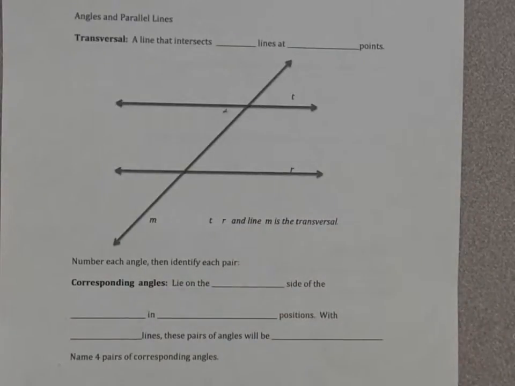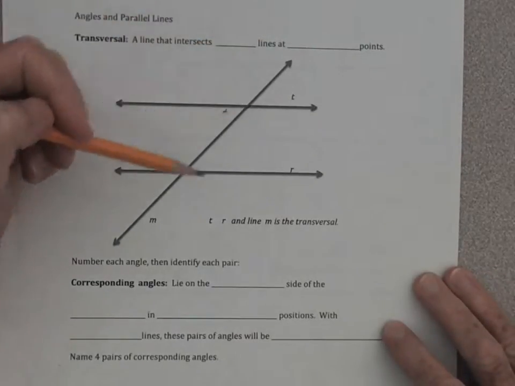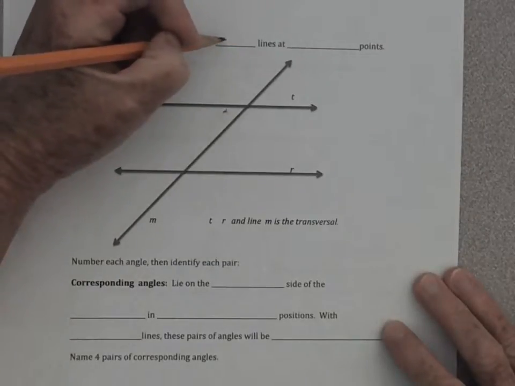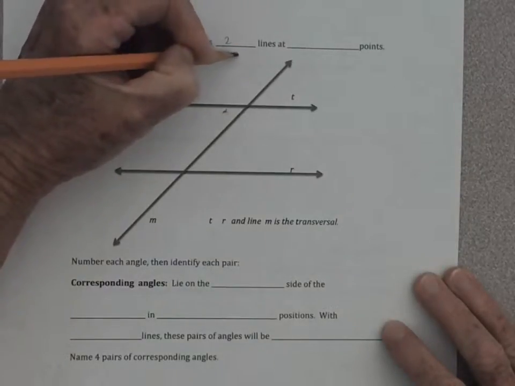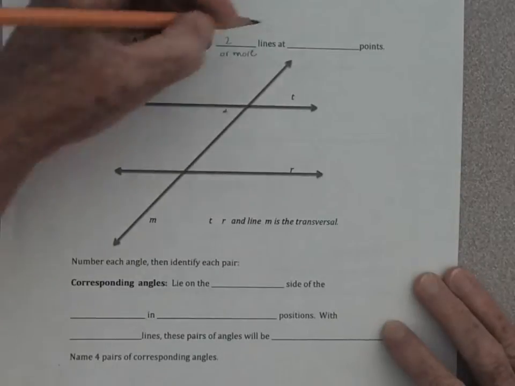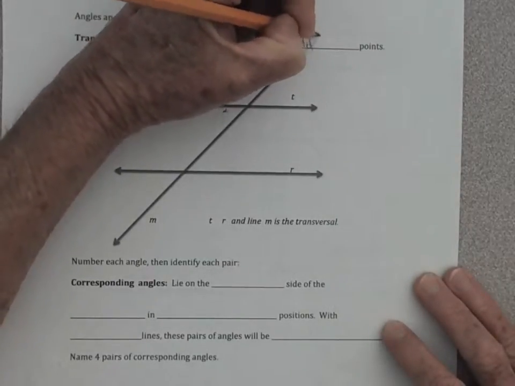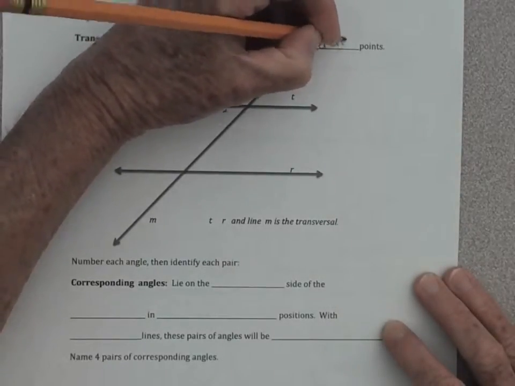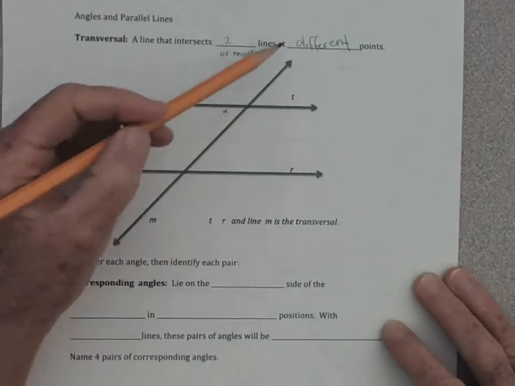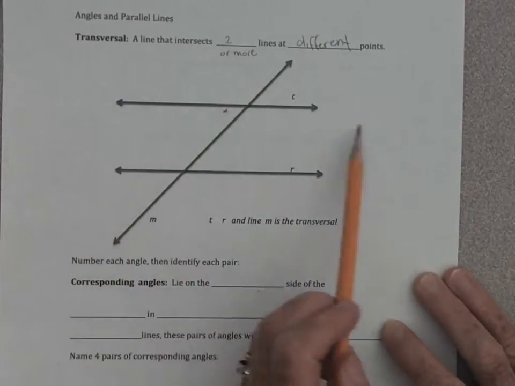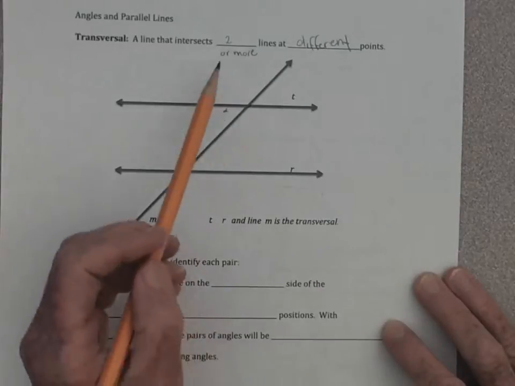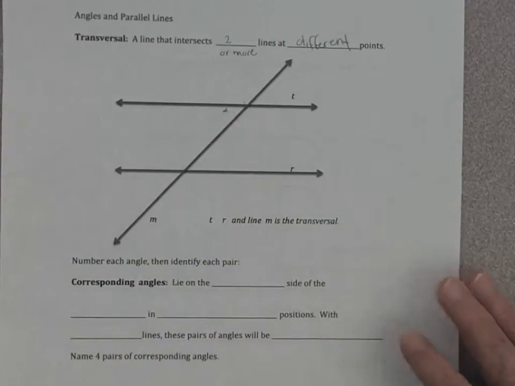Okay, this is a lesson on angles and parallel lines. First, we need a few definitions. A transversal, this line here, is a transversal. It's a line that intersects two or more lines at different points. So you can see this transversal here intersects these two lines, but they're not all crossing at one point on